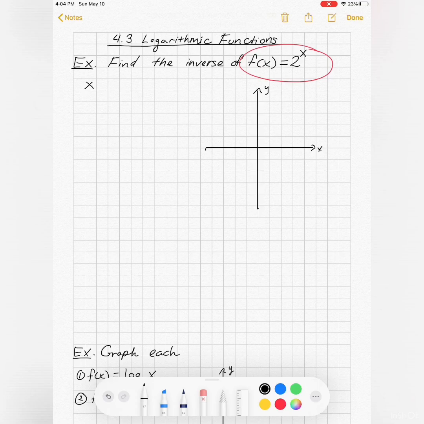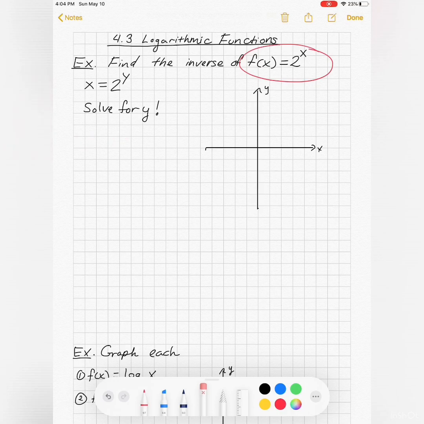So remember how I do that. I reverse x and y, and then I solve for y. So the question is, how can I solve that equation for y? I mean, sometimes people say, well, I could take the y root. I could do that, but I'm not solving for y then. I'm actually solving for 2. So